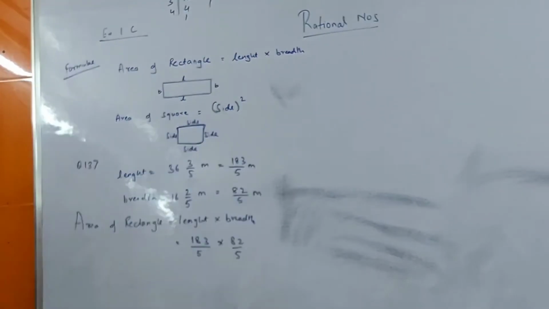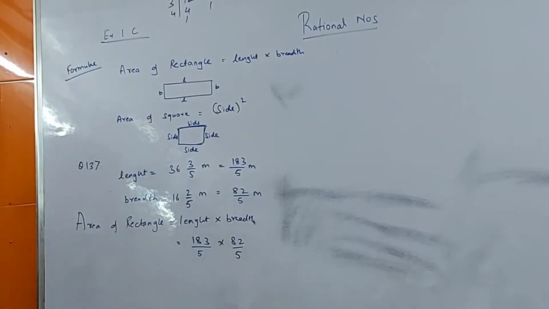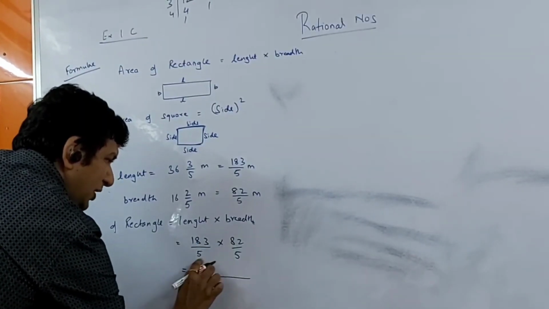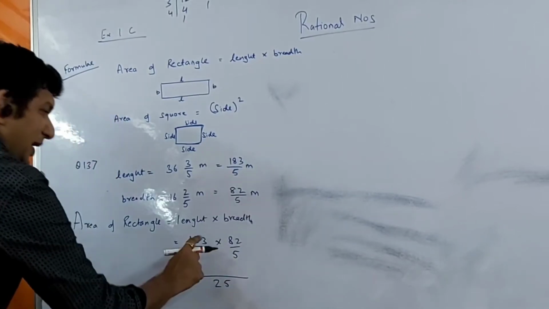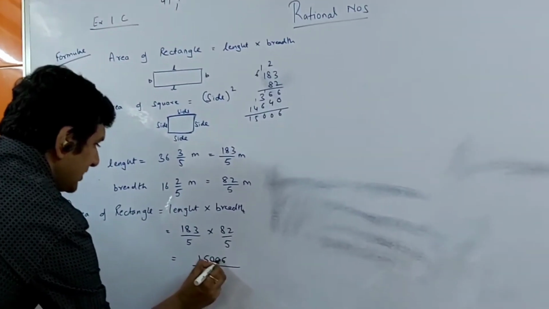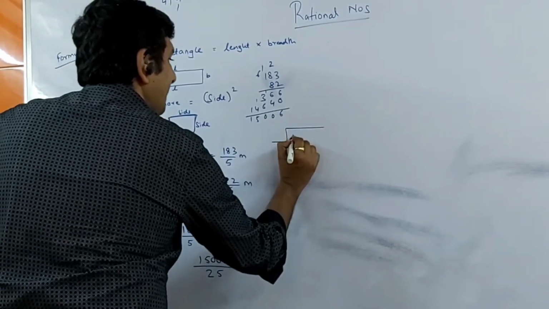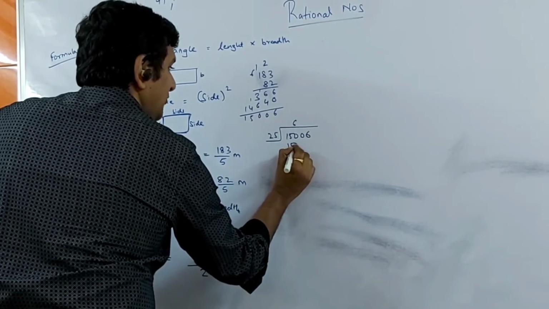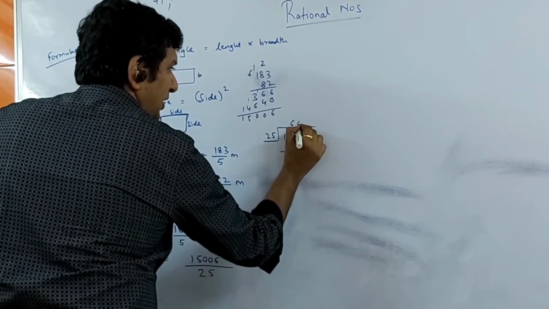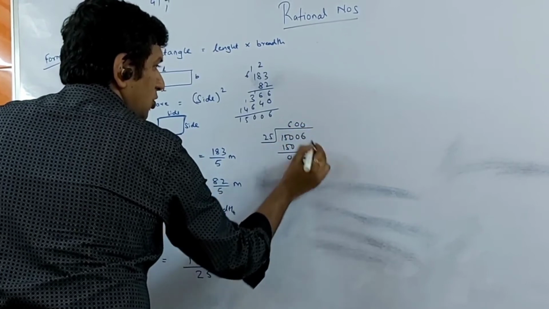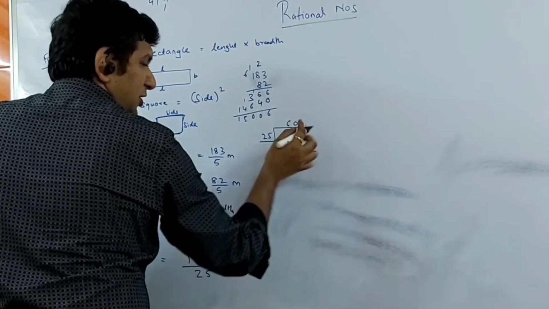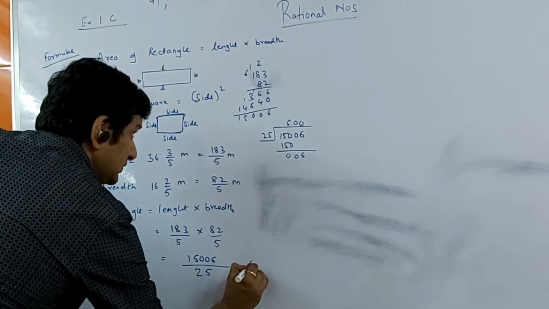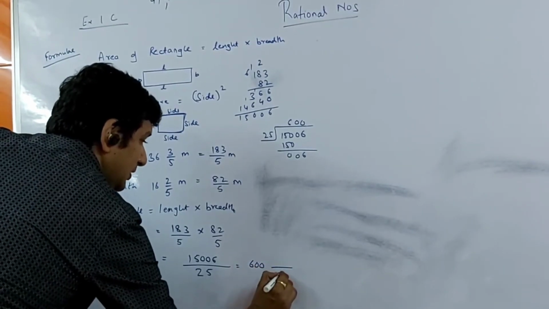As I can see, nothing is possible, we cannot divide anything. So simple, I have to first multiply 183 by 82 and then find 5 fives is how much? 25. And 183 times 82 will be 15006, which I have to divide by 25. So 25 sixes are 150. 0 doesn't go, so carry 0, and then 6 again doesn't go. So I have to take a point, or you can just keep it as it is, no problem, because you are from the fraction. So the answer will be 600 and 6 upon 25.